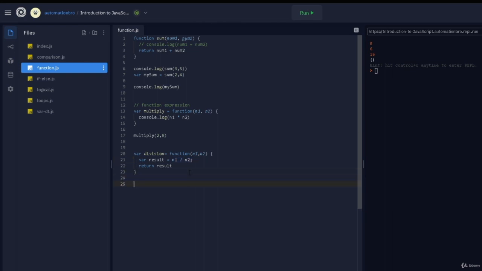So if I run this, I'll basically invoke this function. I will do division, 8, 2. If I run this, well, obviously since we are returning, we have to print this out. I will do console.log. So we got the value 4. So this way, it's not necessary for us to directly return something or do console log. We can actually do it this way. We create a variable, we can do something else. I can even do result times 2 and then run this. This time it will give me 8. So basically whatever you want to do, you create that variable and do any kind of manipulation with that variable and actually return the result that you want out of that.